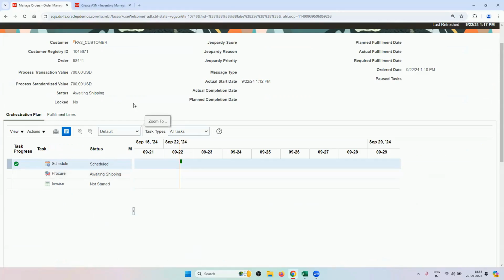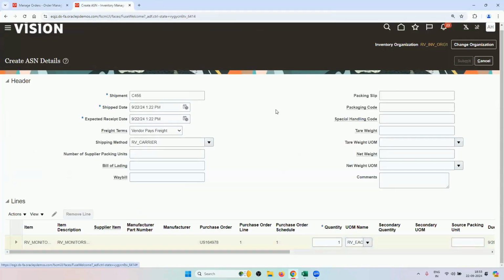So by this we will be able to create a logical receipt and the status will change from awaiting shipping to shipped, even though we haven't shipped it. But we know that the supplier has shipped it to the customer, and through ASN, supplier is confirming to us that we have shipped the order to your customer. And when it becomes shipped, then it will be awaiting billing, and we can easily go to import auto invoice and create a billing like usual, right? So now if I click on submit,